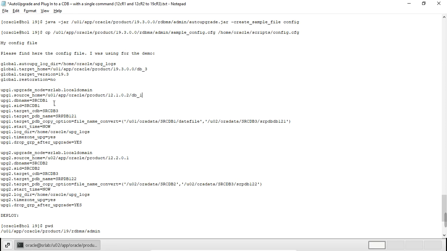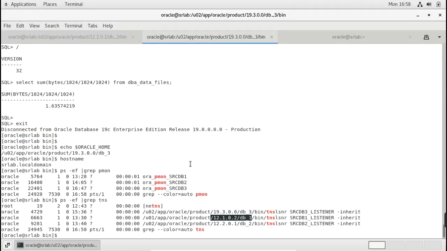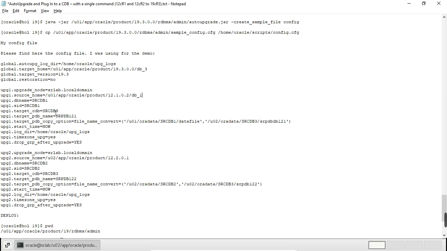This is the first database, srcdb1. srcdb1 is this home, and again it is srcdb1, and the CDB source is srcdb3. We are going to plug into this container. So what is the PDB name we are mentioning? srpdb12.1. So the file name convert, here you can see